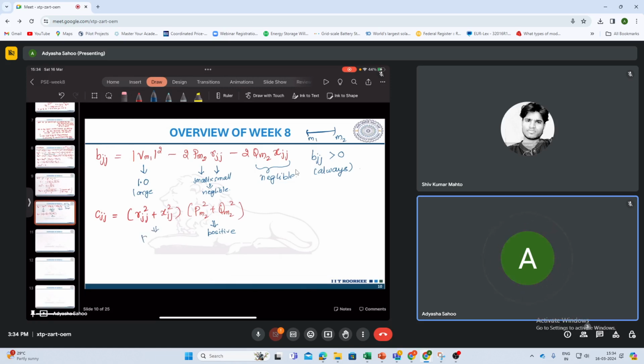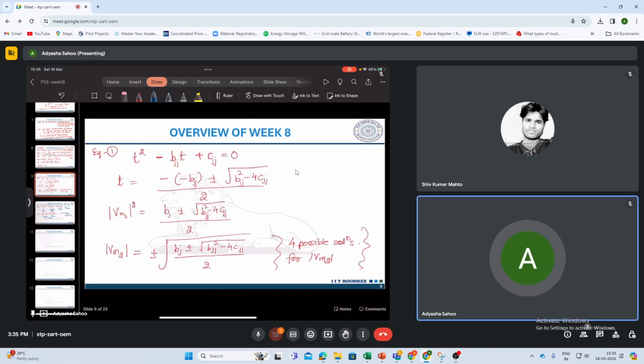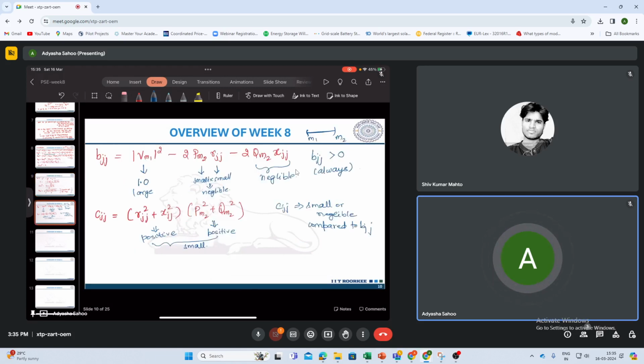Yeah, so these are positive because they are square and they are further small. So CJJ is also small or negligible compared to BJJ. So now if you see the term under the square root, BJJ square minus 4CJJ,